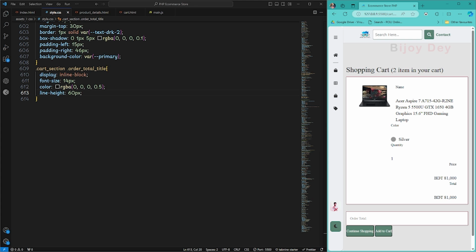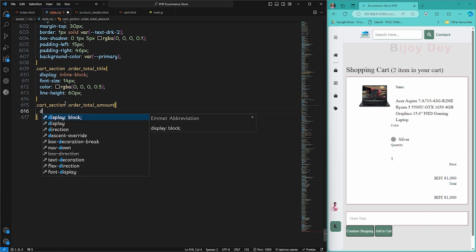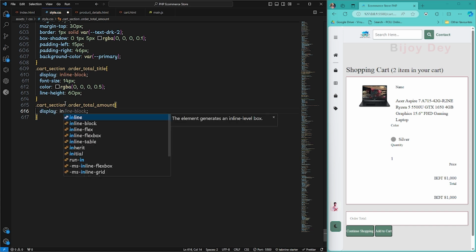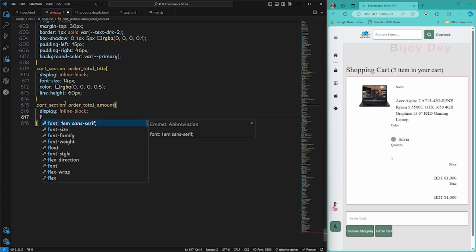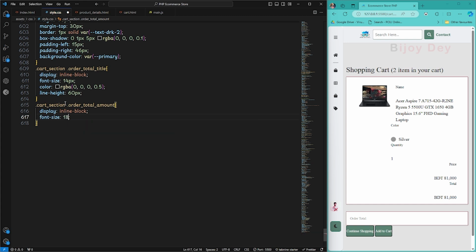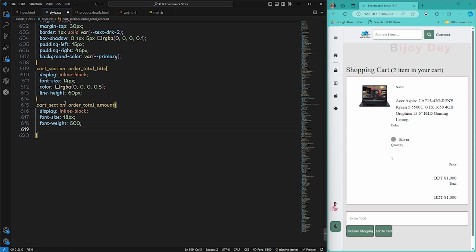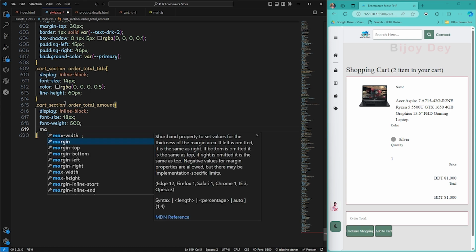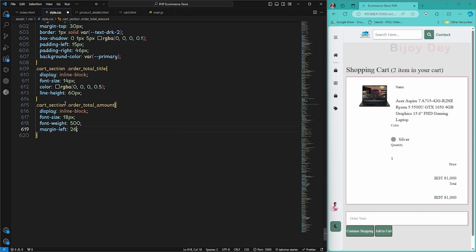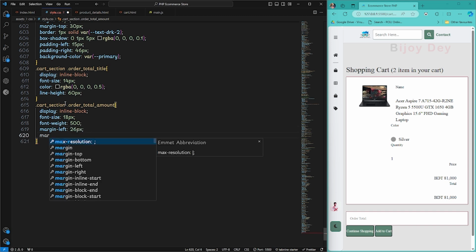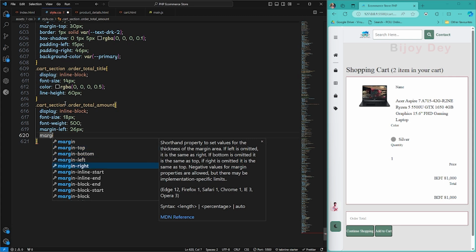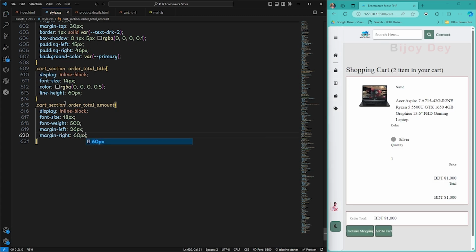So copy it and paste and change for amount, and in this amount display inline block, and similar for font size 18 pixel and font weight 500 and margin left 26 pixel and margin right 60 pixel. Okay,